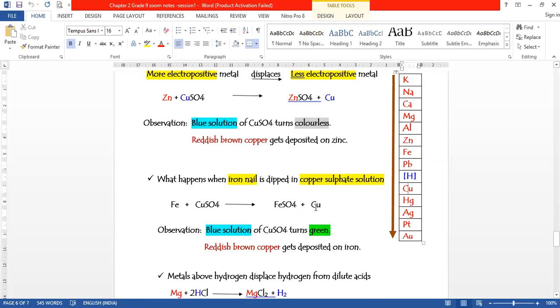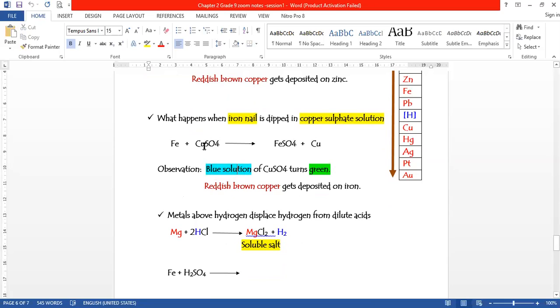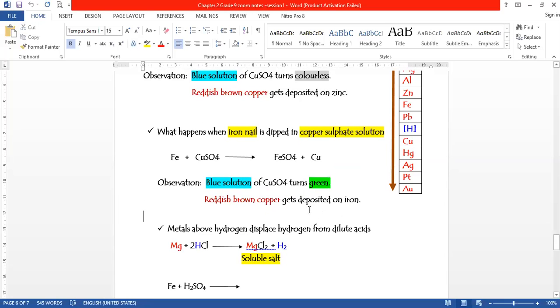Again, we have two observations here, because the solution was blue in color initially due to the presence of copper sulfate. When iron displaces copper, it forms ferrous sulfate. Ferrous iron imparts its own color, a green color, to the solution. So FeSO4 provides a green color to the solution. That is observation number 1. Observation number 2 is that copper metal is produced again. Copper metal gives a reddish brown color, so reddish brown colored copper metal is formed. That is the second observation. So these are the two observations you will write when this question is asked.